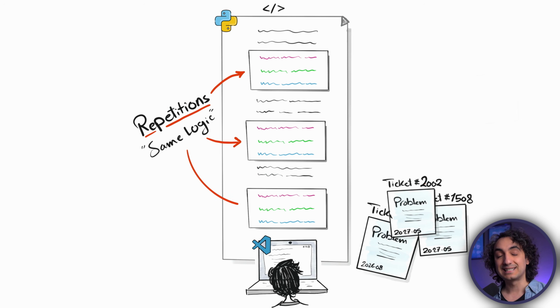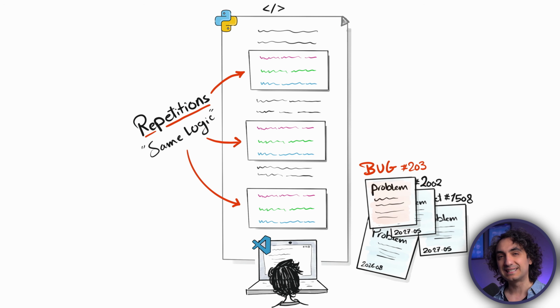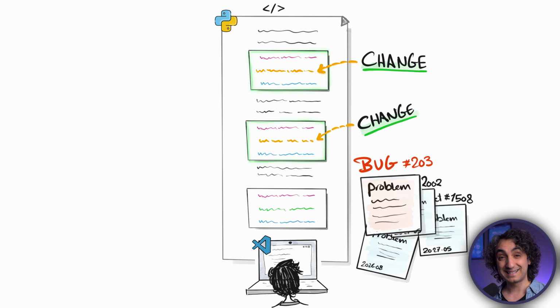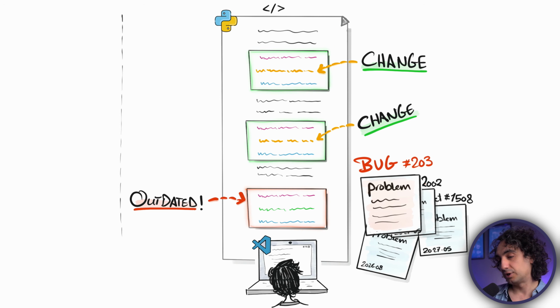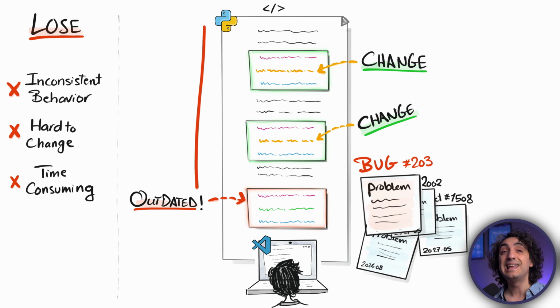And this is the start of the chaos, because imagine you found a bug or something wrong inside this logic, or maybe over time the requirement changed. So now things get really annoying because you have to remember all the places where you use this logic and then make the changes. And believe me, in a real project, your code is going to be really massive. And of course, I promise you, you're going to miss at least one. So now some of the logic got updated, the others are using the old logic, which is going to make the result of your code inaccurate.